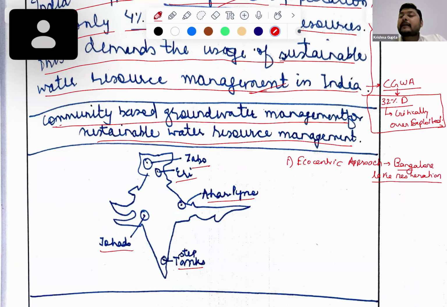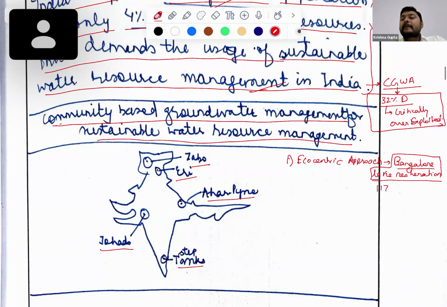Bangalore Lake restoration is a current example. There is one person who is called the Lake Man of Bangalore. You might be knowing this. Two years back, there was a day when there was no water in Bangalore and water was rushed from other cities into Bangalore. After that, this person saw how the mafias were working, selling water. So he has restored more than 117 lakes in the vicinity of Bangalore so that Bangalore people should have availability of water.